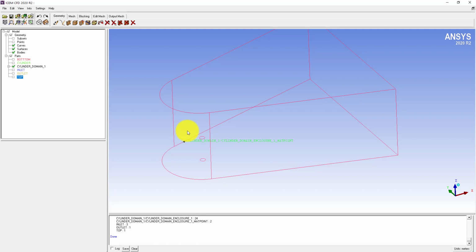So this is a method for how you can hide some particular surface in SpaceClaim, and at the same time this is linked to the boundary conditions. We also learned how to make boundary conditions in SpaceClaim and then export them to ICEM CFD.